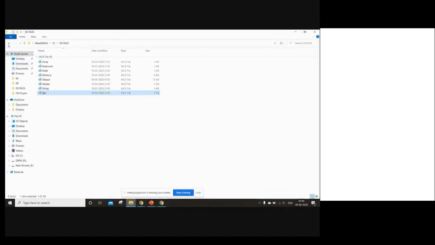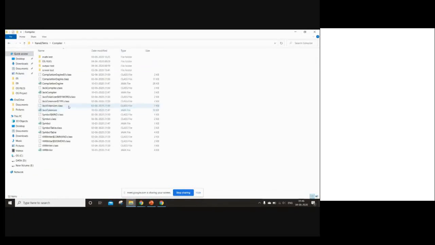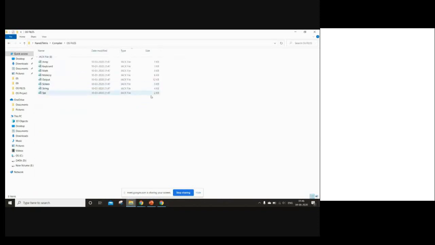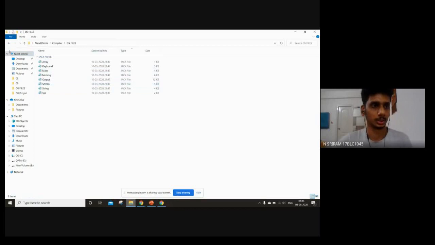Now we will be showing you a few modules that we will simulate. Sriram will be simulating the first module. So now I will show you a small demo of how our compiler works. Given that our compiler converts the high-level language to VM files, we have a set of files which we just explained to you. As you can see, they are all JAK files, which are high-level language files. So now I'll be